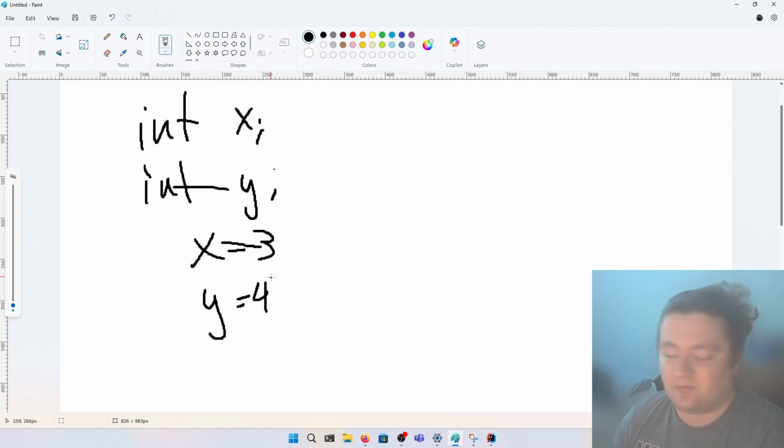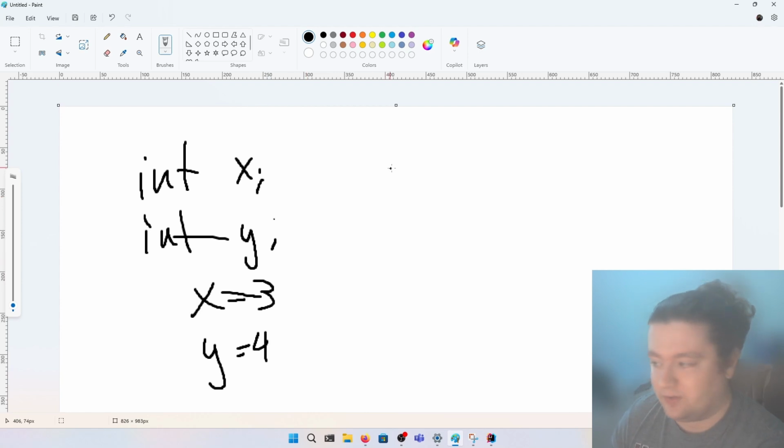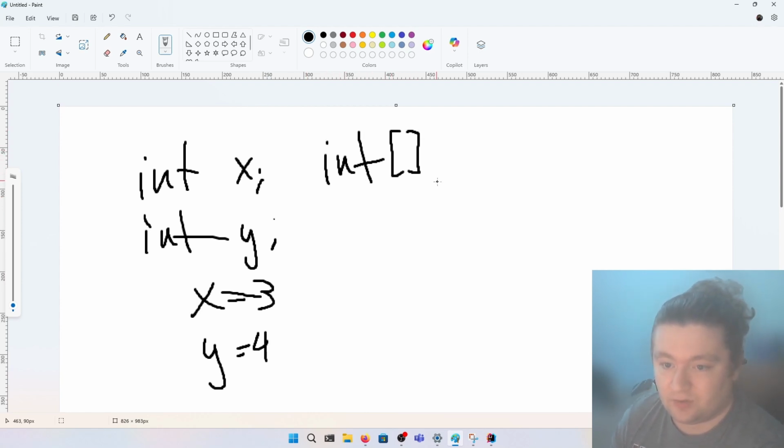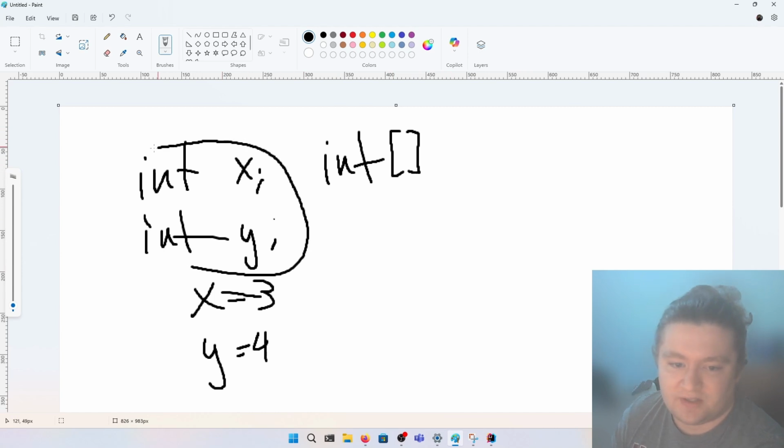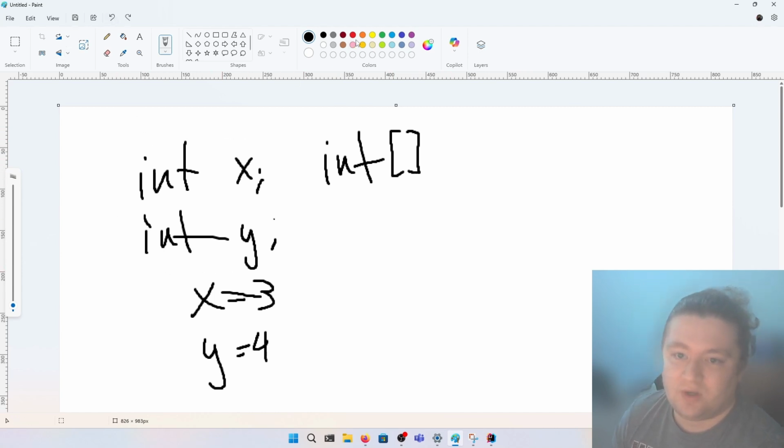But then the problem is, what if we want to represent multiple points? Well, then you might think, okay, let's use an array, right? Actually, let me back up. The big issue with this, at least, is that we've separated the fact that x and y are related, right? So only we as the programmer know that x and y are related. No one else does. So one thing we could do is